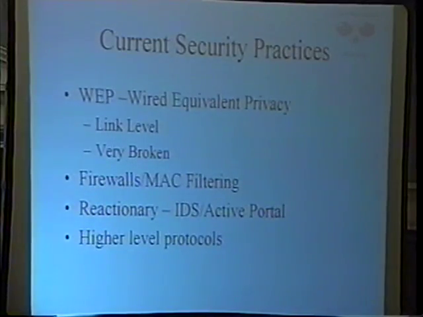So, what's the state of the art today? What are people generally doing to secure themselves? One, people are using WEP. WEP operates at the link level, tries to provide wired equivalent privacy between you and the access point. It is very broken, and not just the cryptography. As a lot of people know, the cryptography of WEP has been shattered. You can happily get the keys out if you capture enough data, lots of papers on it. It's also administratively difficult. There are a lot of issues with key management in WEP that I'll get into in a minute that really make it difficult to administer at an enterprise level.